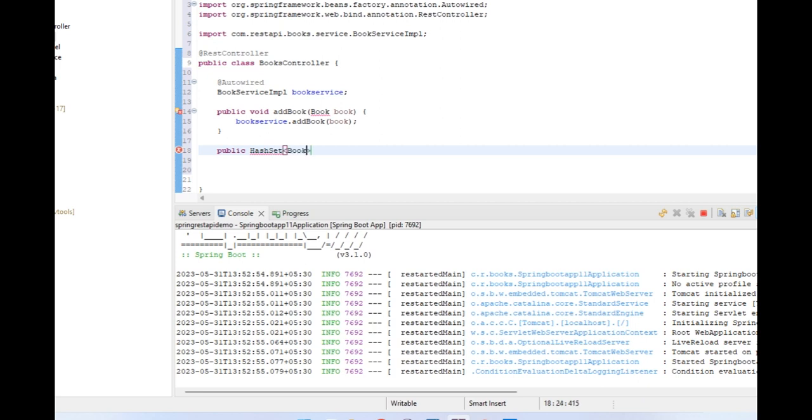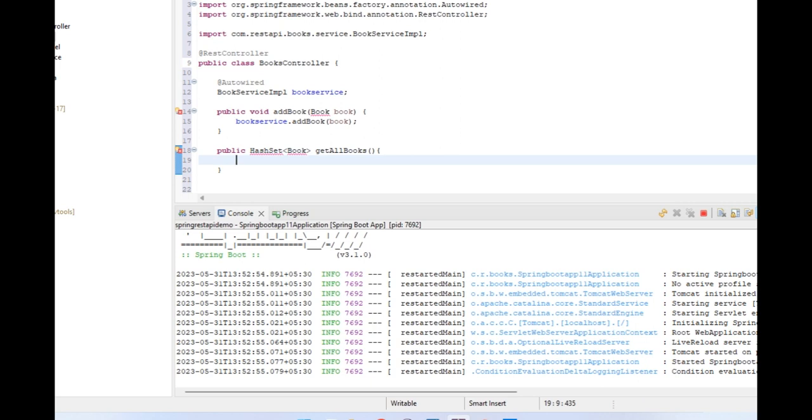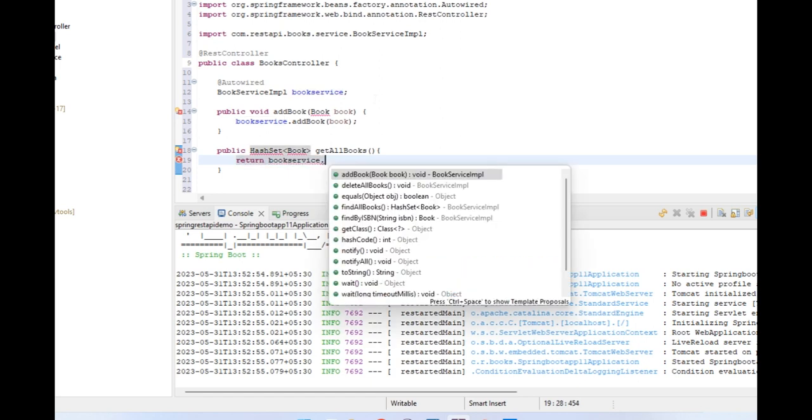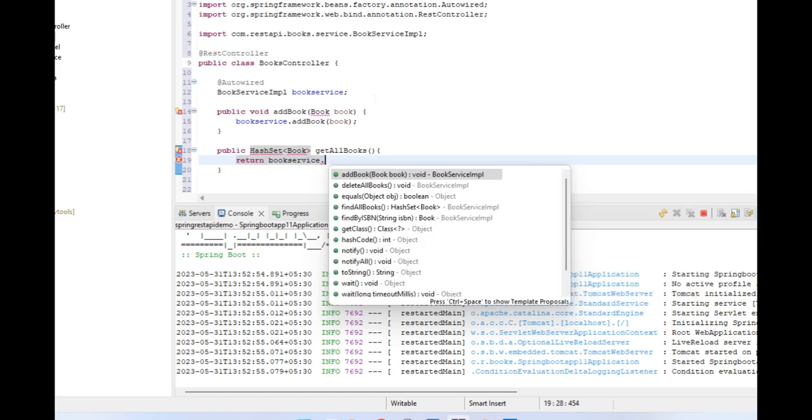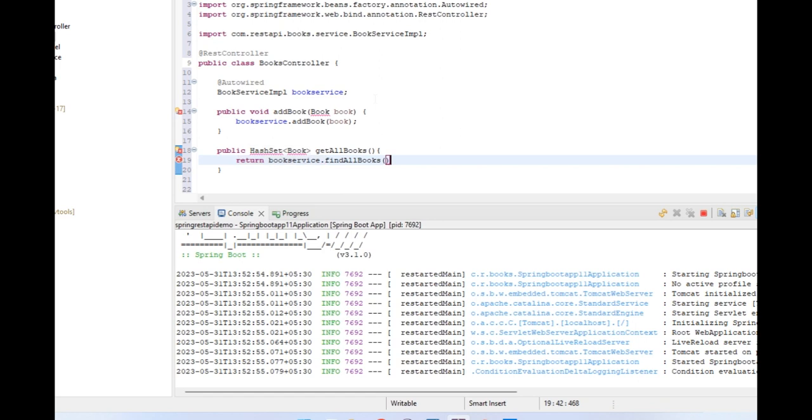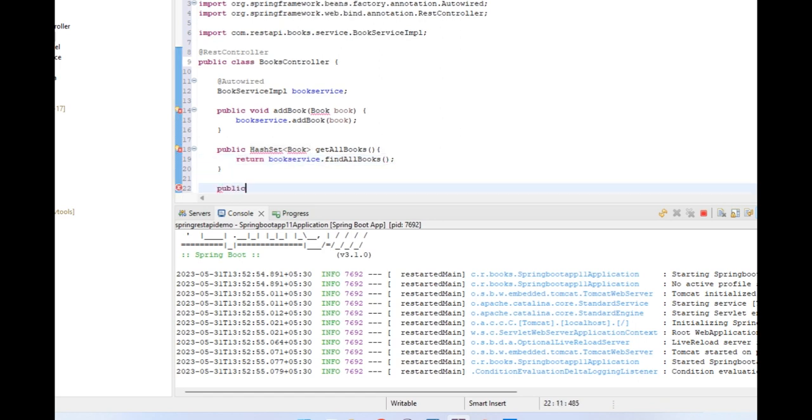And the next method, public hash set with the book object get all books, no arguments here, get all books. Return, we use book service object method name, what is that, find all books,